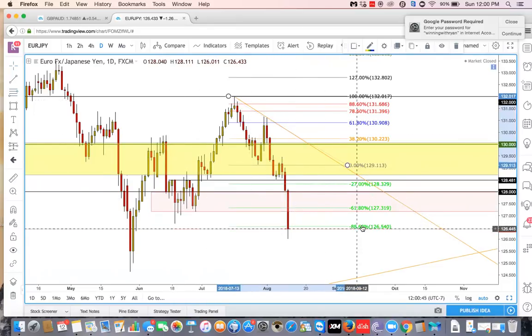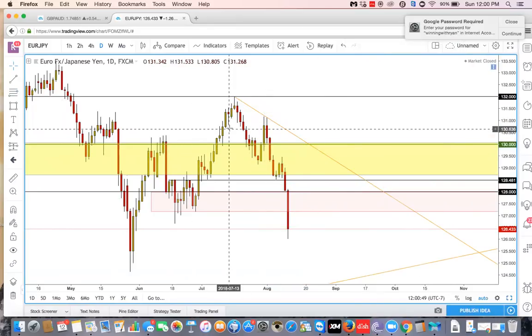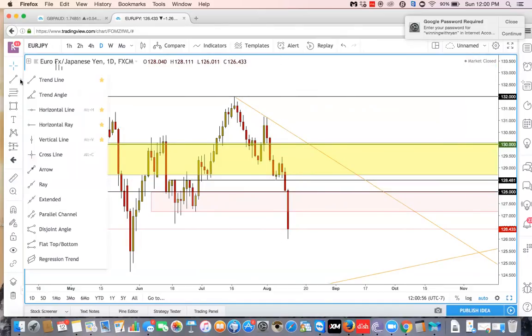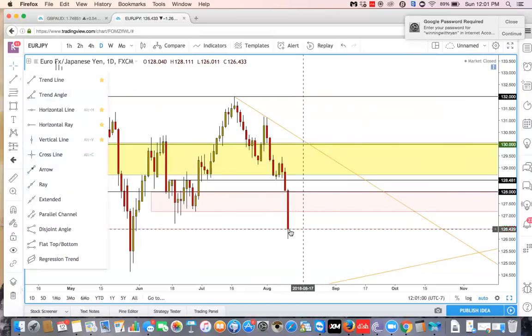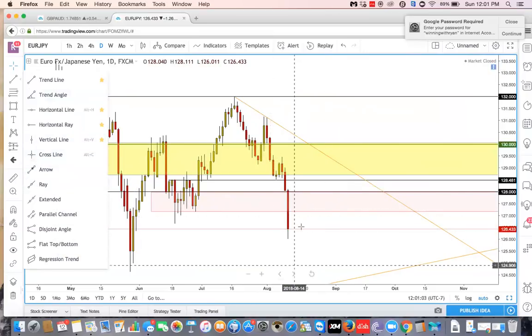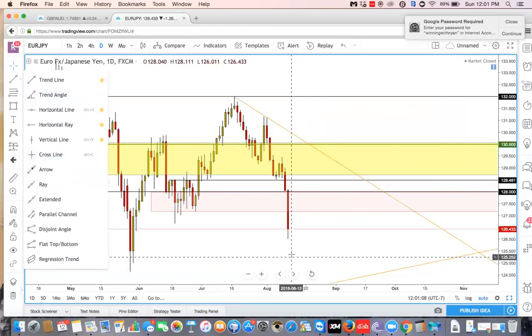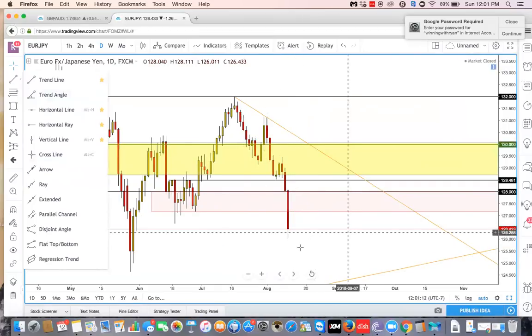Overall, price is still bearish, but because it dropped so hard last week, I would like to see somewhat of a retracement before possibly taking it back lower. So this candle still has yet to close. It all depends on this candle. Don't get me wrong, Sunday open can happen, and this candle could push it back down towards 125, 124 if it needs to. But overall, if this candle closes and it starts to round out,